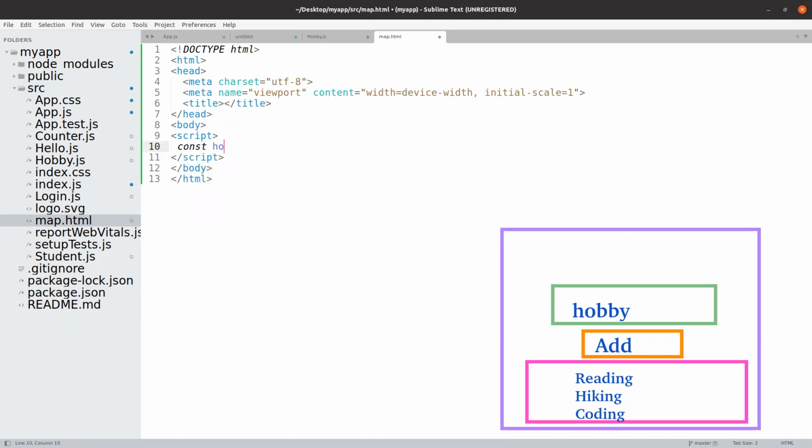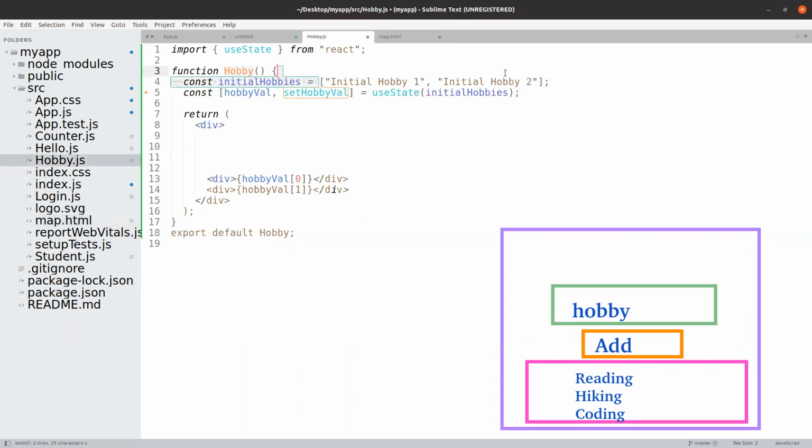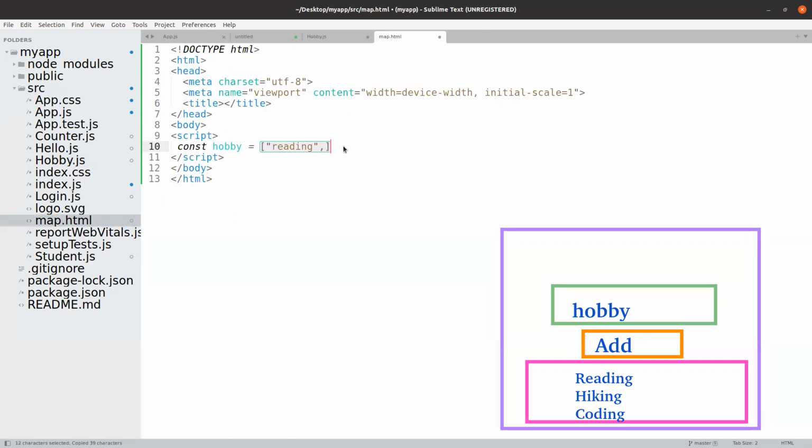If I have, let us say, a hobby array with two hobbies, let's say this time reading and writing. Or I can take my initial value here, so that we are able to relate them back. So this is my hobby. And now,